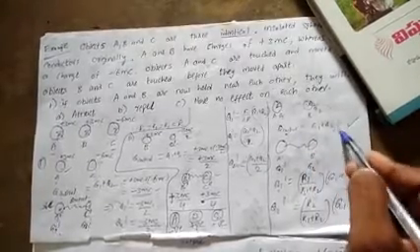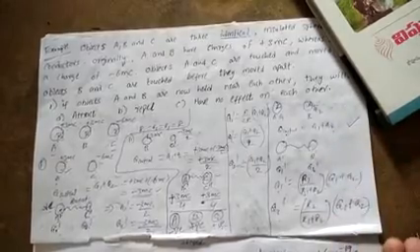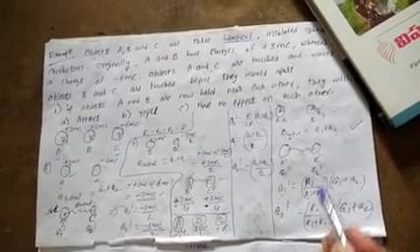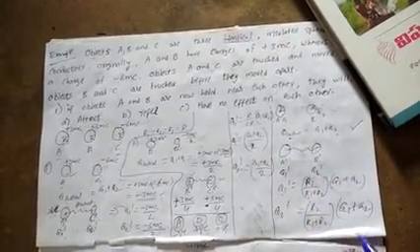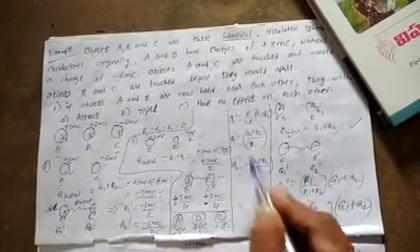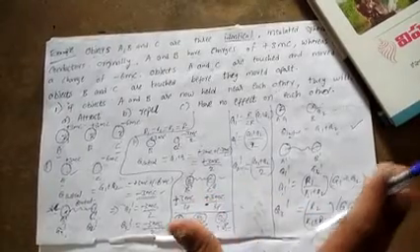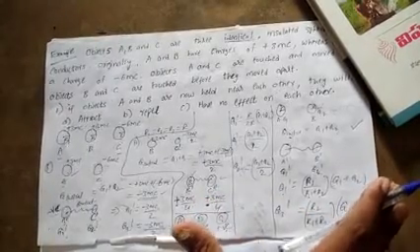Here we have used two formulas only. Firstly, we have to find Q initial, the total charge, and take half. If the spheres have the same radii, we have to use this formula, Q1 prime, Q2 prime, like this. Understood, students? This is a very, very important question. Be careful. That's it now.